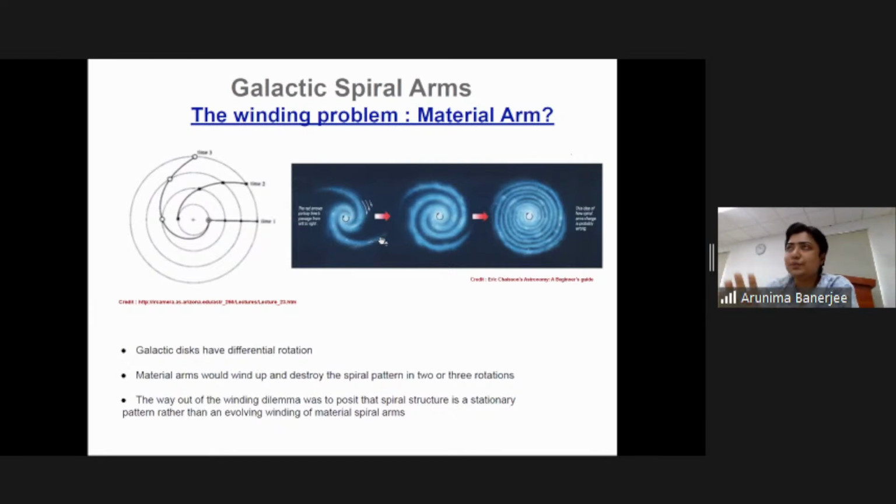I'm not completely ruling out the presence of transient patterns, but in many galaxies, by indirect means,